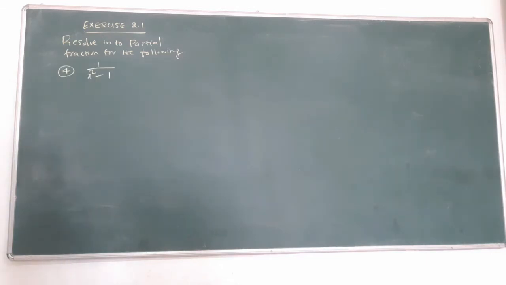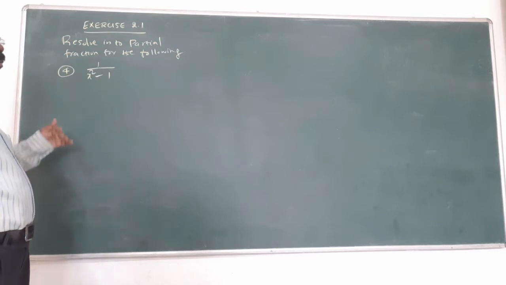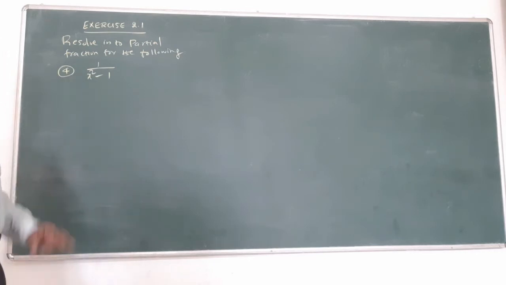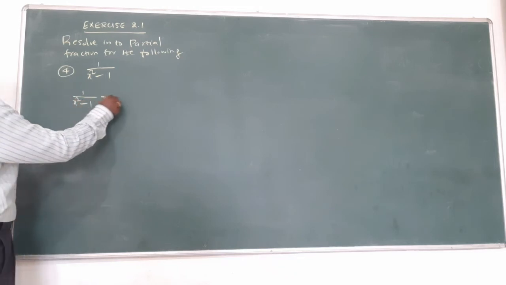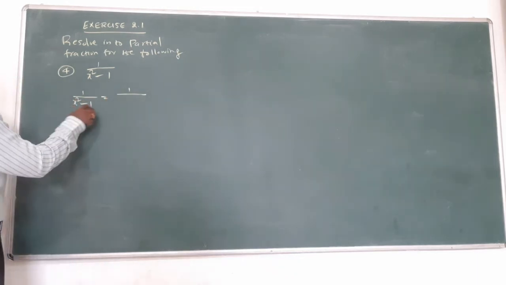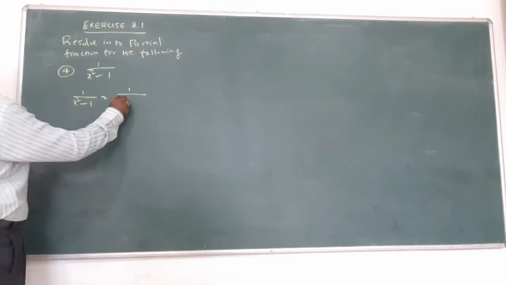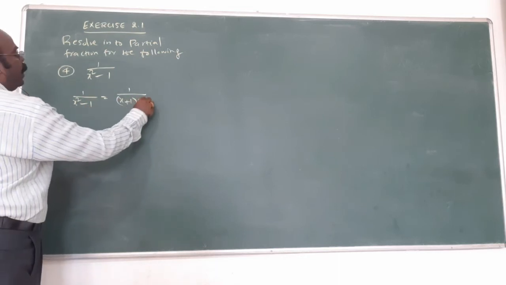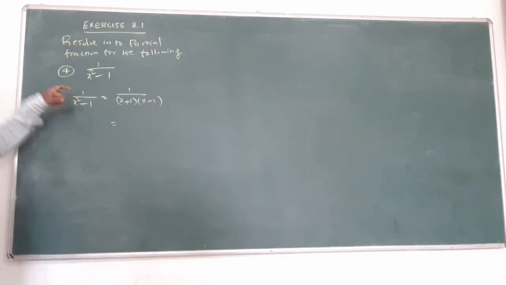Now next question, fourth question. Third question, Samadhan model. First I want to complete denominator having product of two linear quadrant. That's right. Now start with the fourth question. Now 1 by x square minus 1. It is of the form a square minus b square. What is the formula? a plus b into a minus b. Am I right? Now product of two linear quadrant. If it is not factorable, it will be some other idea, some other formula.